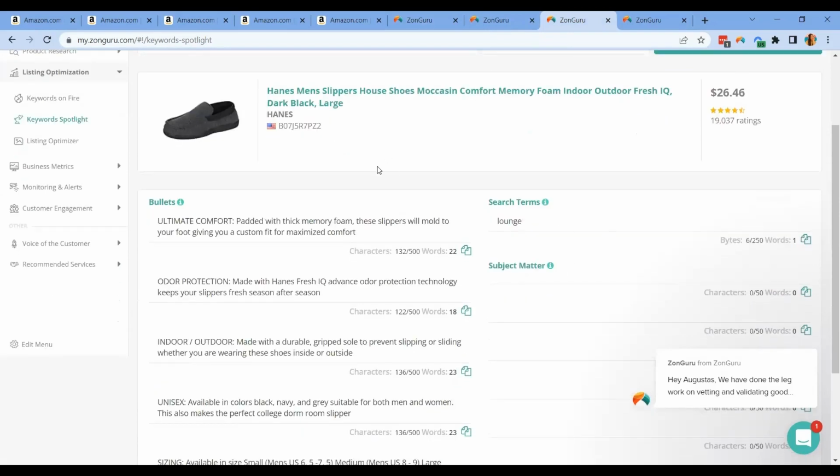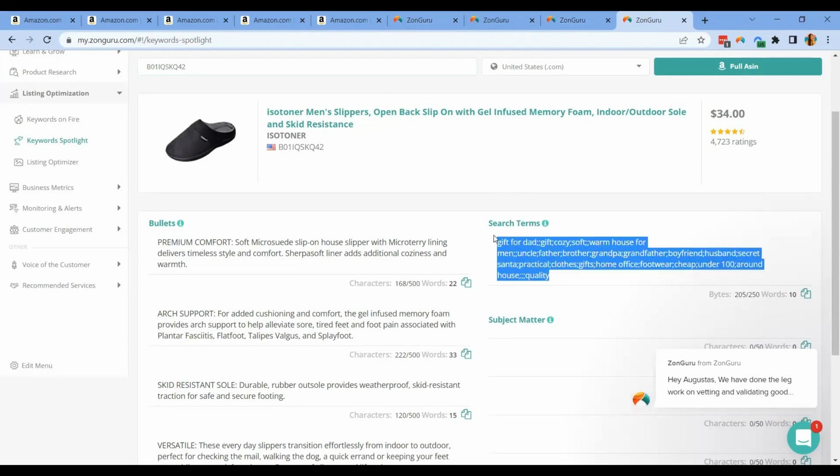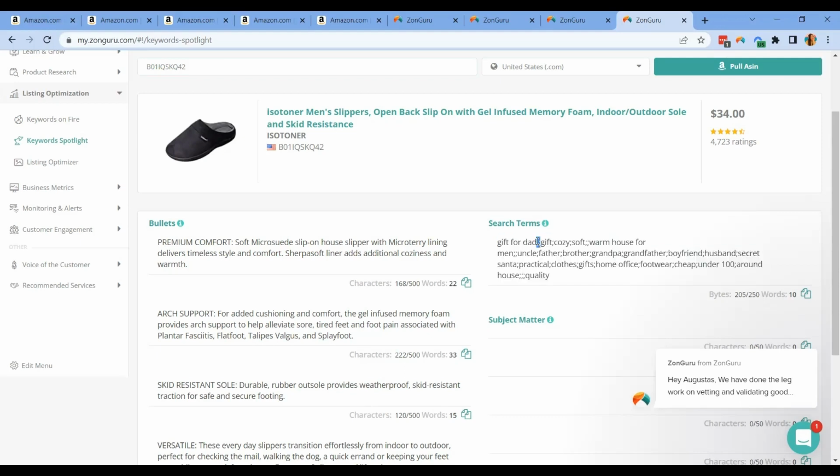Alright, so here again, since Hanes is also a big brand, they also didn't optimize their search term. They just put lounge. So this is a missed opportunity in my opinion. This is one example where you don't have to put special characters like semicolons to separate your keywords. You can just add spaces and that's enough. Here, we didn't see any competitor ASINs copying or adding the other brand names that they are competing with, which is good. A good thing is that we have seen some targeting for gender, and most likely for this one, they added all the pronouns that we can think of when it comes to men.